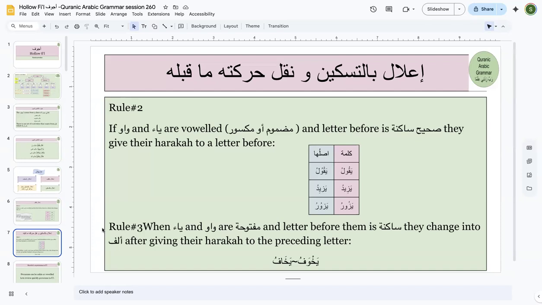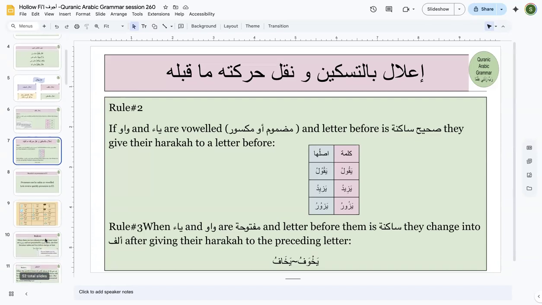Nala is from family number 1. Nala is family 1 to reach. And what will be the mudari of Nala? How will you write it? It is from Sami'a clan. Nala, yanalu, yanalu, right? Nala, yanalu. Again, there was nakal and qalb, right? Nala, yanalu, nakal and qalb, right? Rule number 3 got applied.